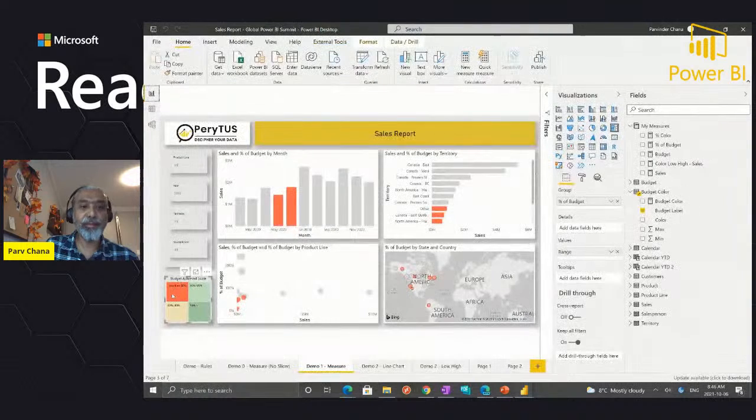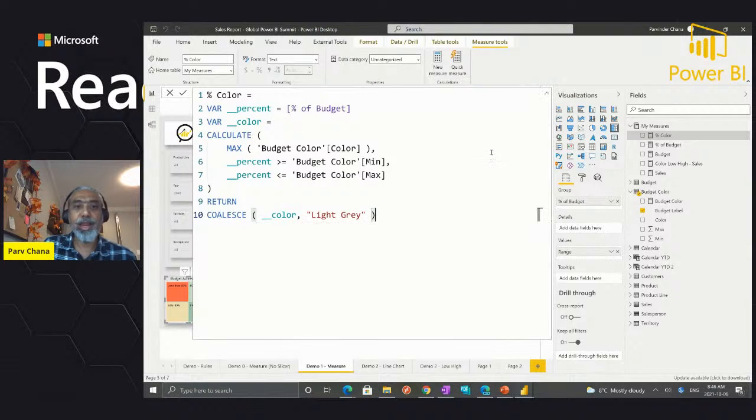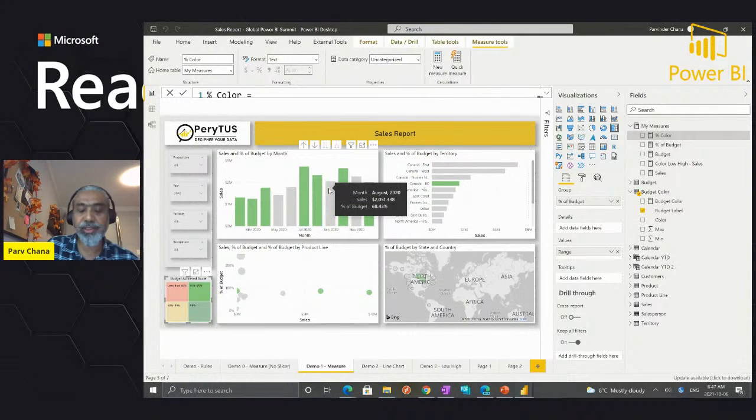And then I'm showing it here in a tree map from this table, and this is working as is because this table is being used in the percentage color measure as we saw here, and it is allowing me to use it as a legend as well as a slicer. So this becomes really, really useful, that I can actually click on these data points and it highlights those things, and the rest you can see where the things are.